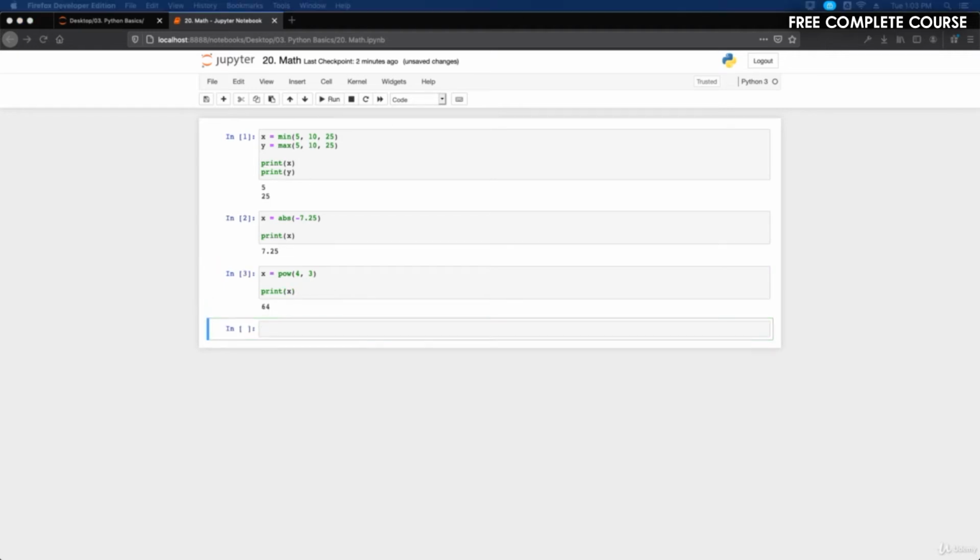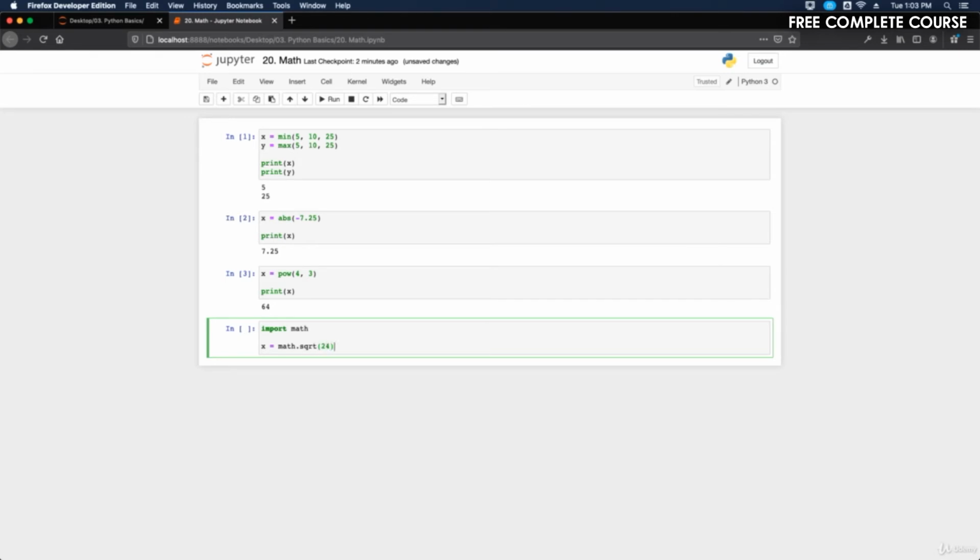There you go. Okay. Then the math module. Python has also a built-in module called math, which extends the list of mathematical functions. To use it, you must import the math module. So let's do that, and we'll use the square root method, for example, and it will return the square root of a number. Okay. So if I do import math, and then we do x equals math.sqrt, and we do 24, okay,